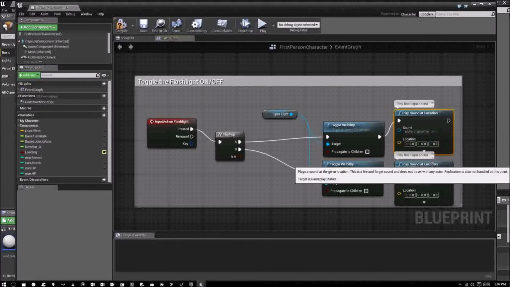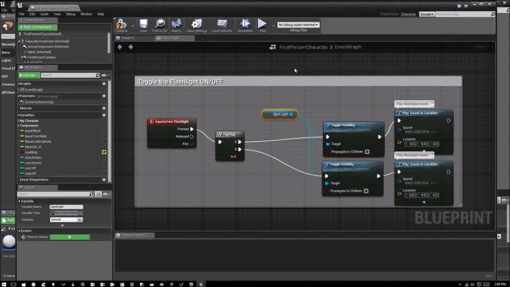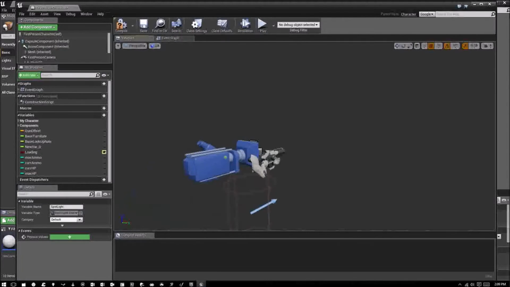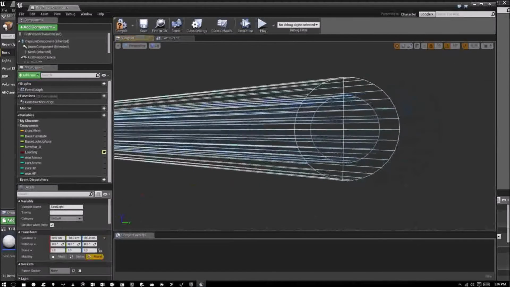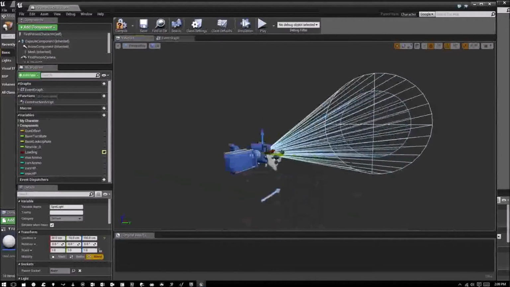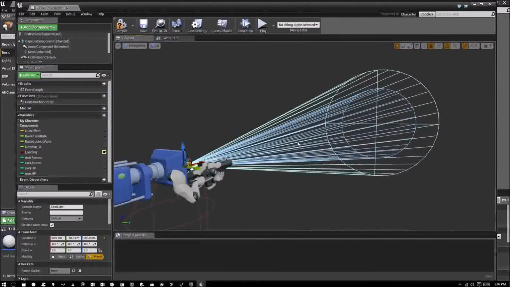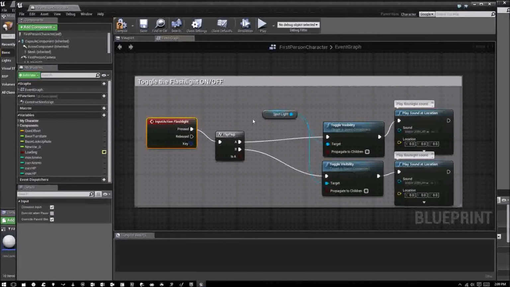I even added some sounds in here that play. This variable, spotlight, was created as shown in this viewport. So here's the character, and when I click on the spotlight, I draw this to the screen. I increased the length on it, so it's visible for a pretty good distance. I named this spotlight, and whenever you press the flashlight button, which is F by default,